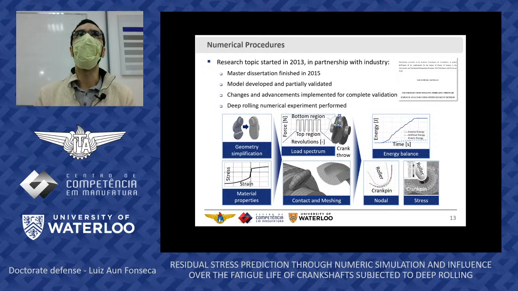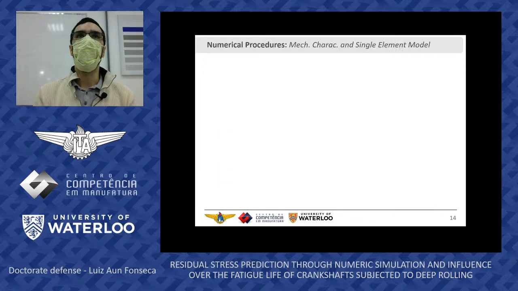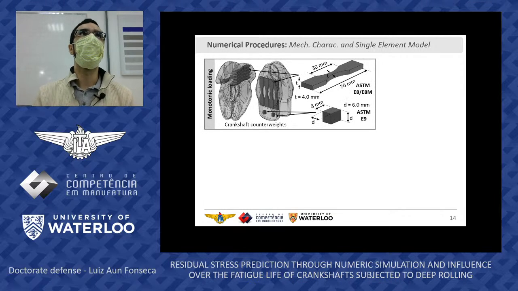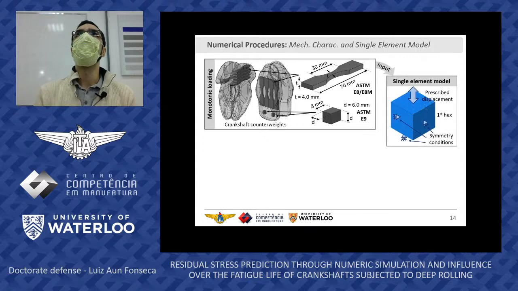So in this thesis, we will bring some changes and advancements into this model in order to do a complete validation and also perform the numerical experiment. So before we enter into the actual deep rolling modeling, we need to characterize the material that we are working with to select the best commercially available material model. So first, what we did was to do monotonic loading tests with standardized specimens that were inputted into